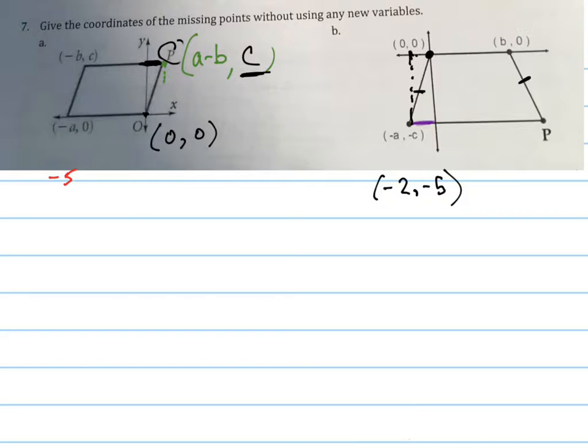Do you see how that point is (-2, -5)? Because here's my origin, here is the y-axis, and here's my x-axis. Okay, got it? Okay, so if that's the case,